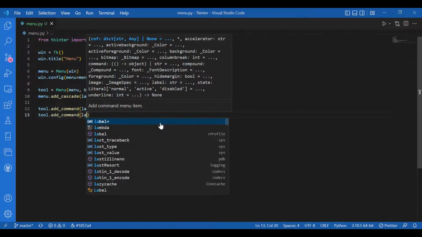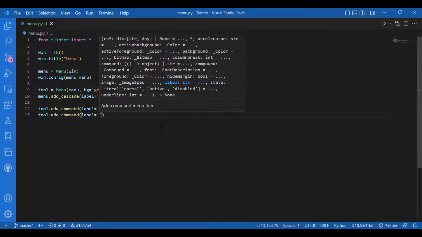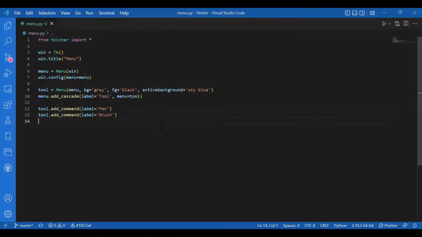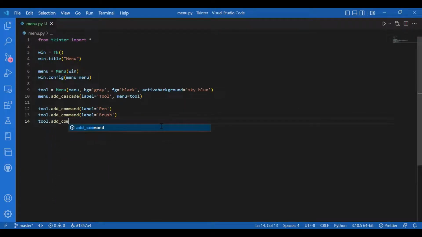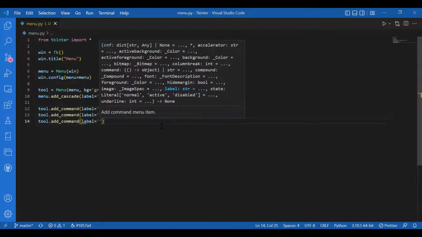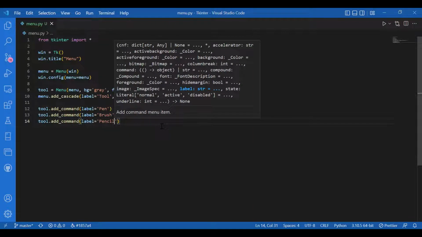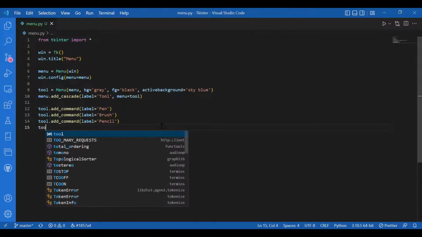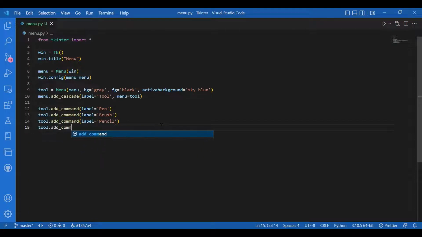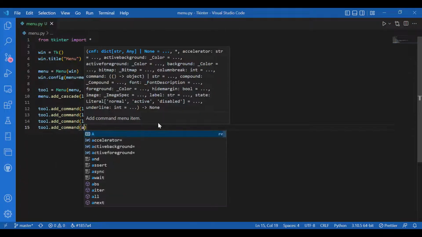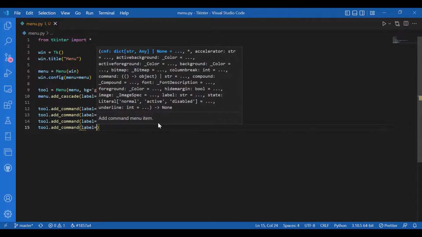Label equals brush. Then tool dot add command, label equals pencil. Then tool dot add command, label equals eraser,